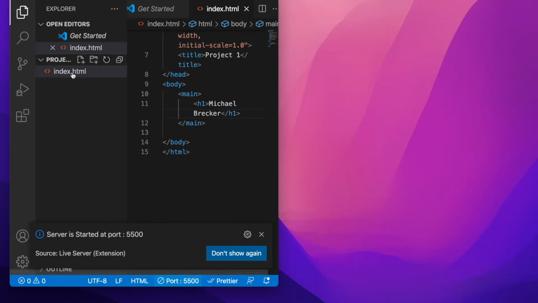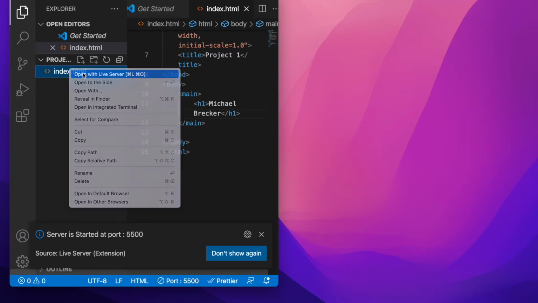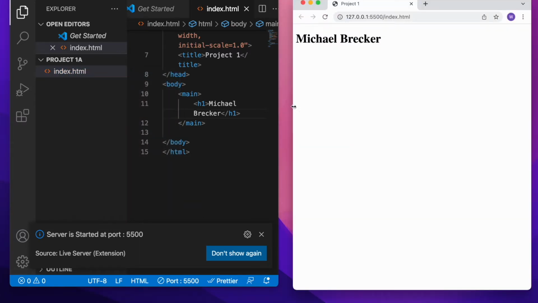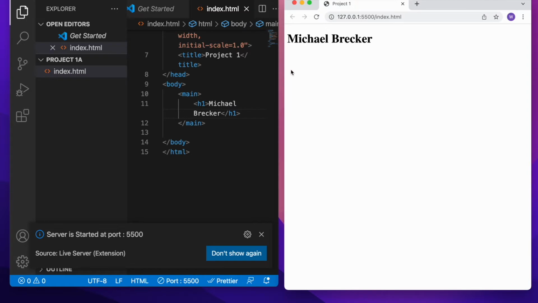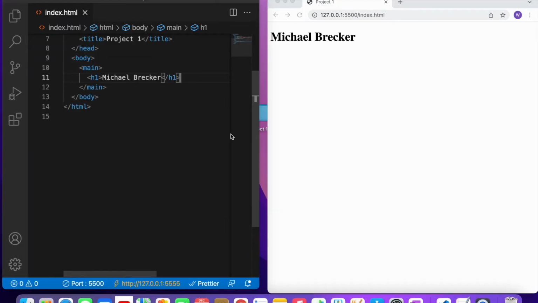And so the other way to do it is go back here, right here, where it says index.html, right click, Open with Live Server, and there it is again. So there are two ways to do it. You can do it that way as well. Great, let's continue. We're just gonna put a little line underneath that H1, and we're gonna use P to do